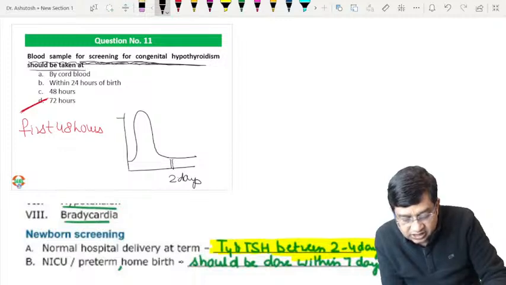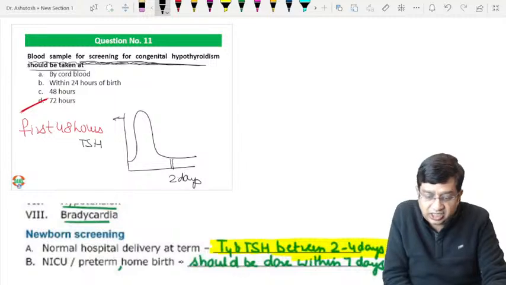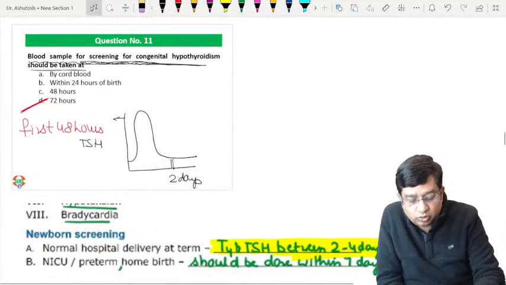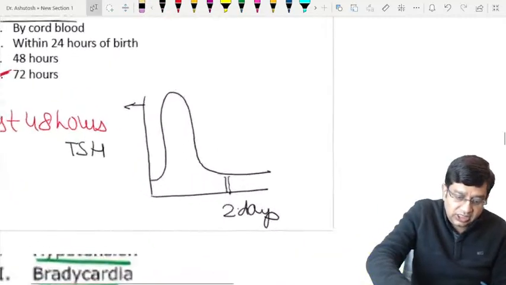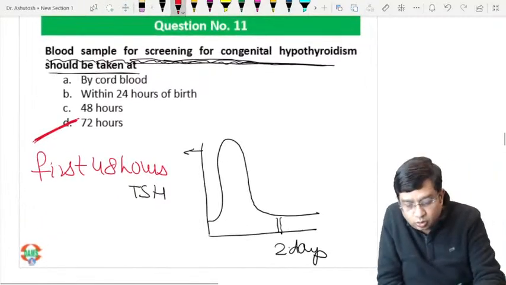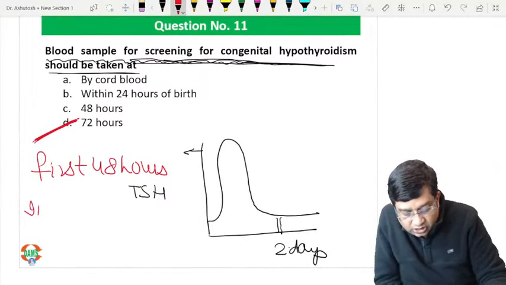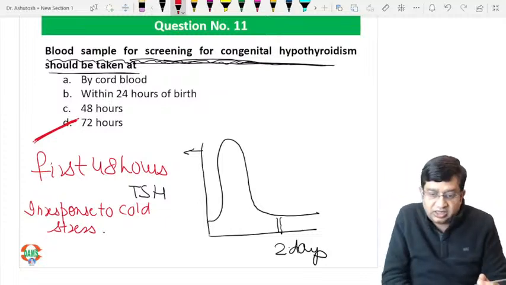अगर ये TSH है यहाँ पर, तो ये TSH का लेवल बढ़ जाता है in a child in response to cold stress. So in response to cold stress, TSH level increases, and this,